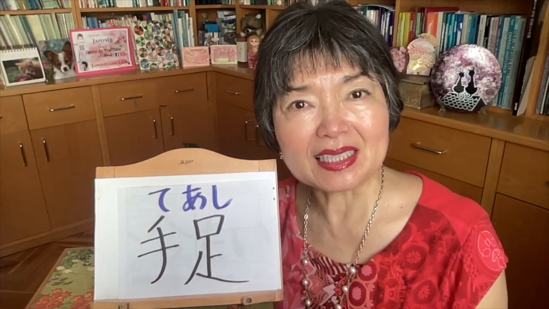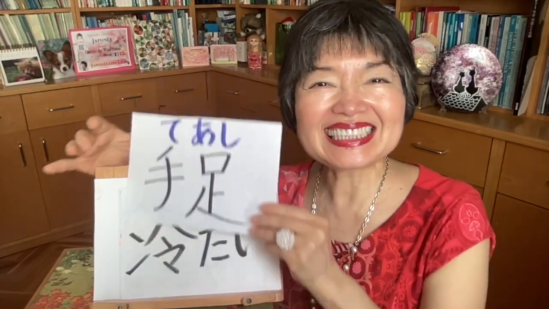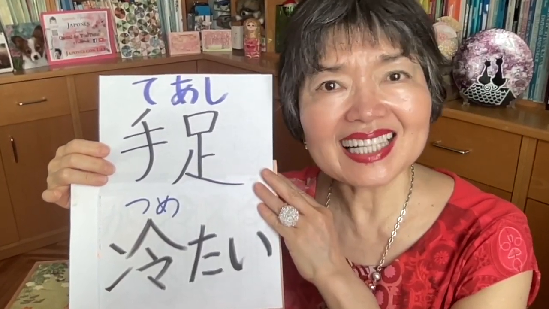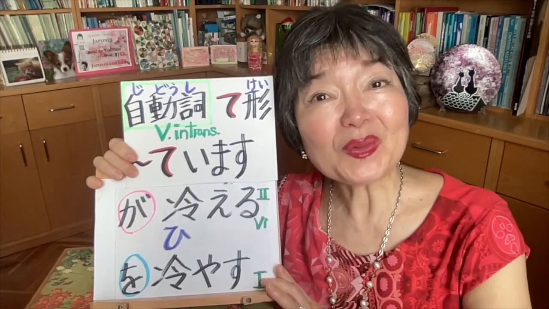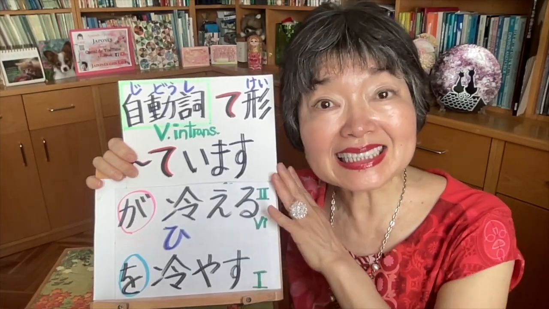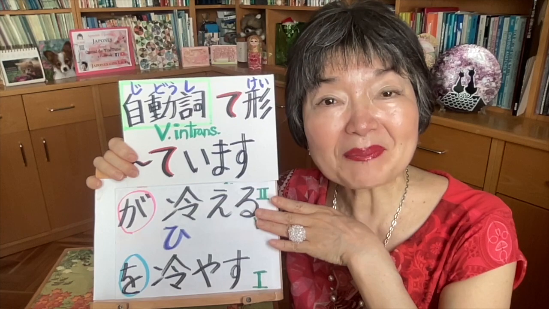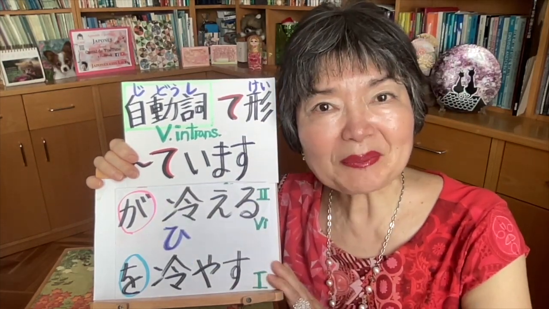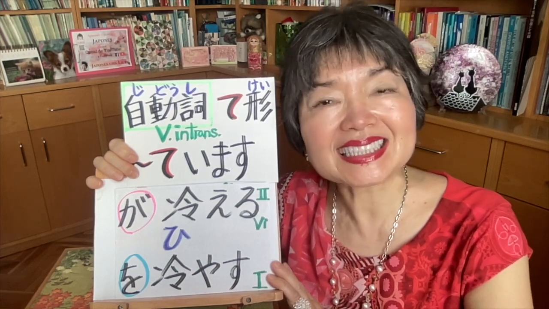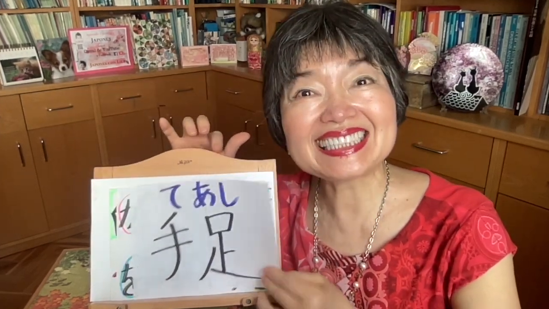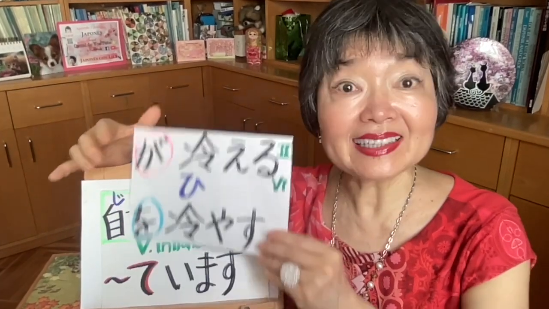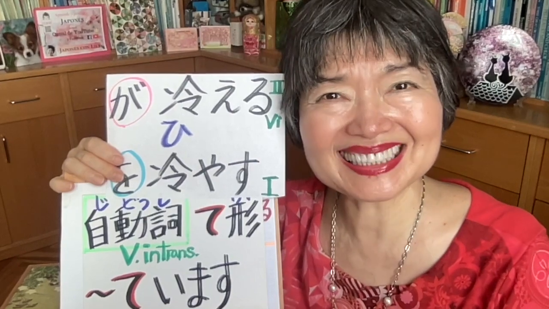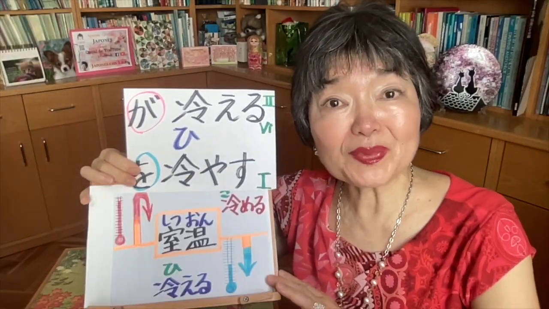My hands and feet are cold. 手足が冷たいです。Another way, we can also use the intransitive verb 冷えます, in the TE form and います。冷えています。They are cold. This is the state. 手足が冷えています。